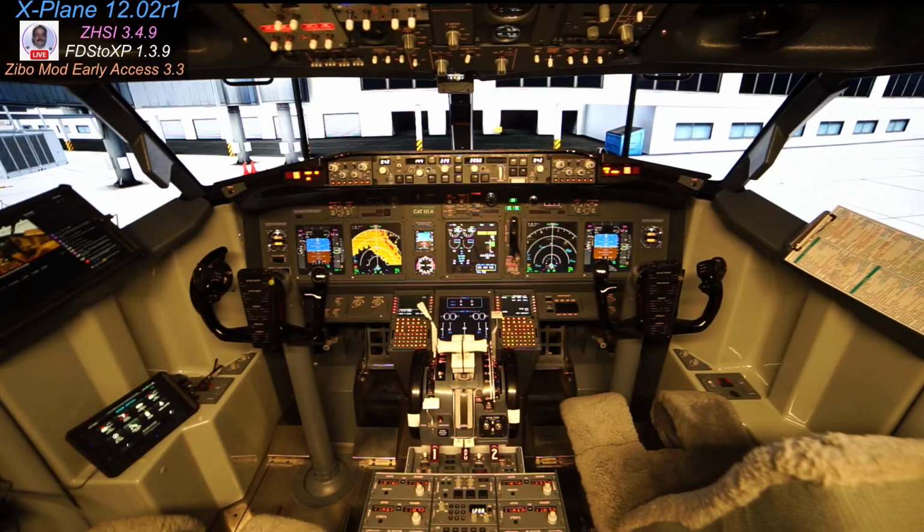Endeavor 3458, we can move. Endeavor 3458. Okay, if you quit, taxi ramp then. Right, we're